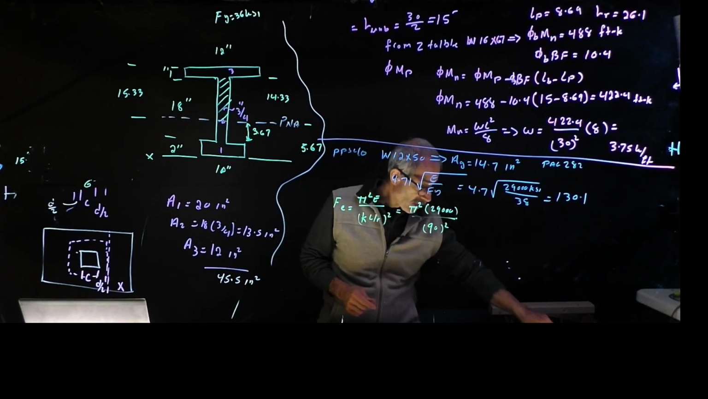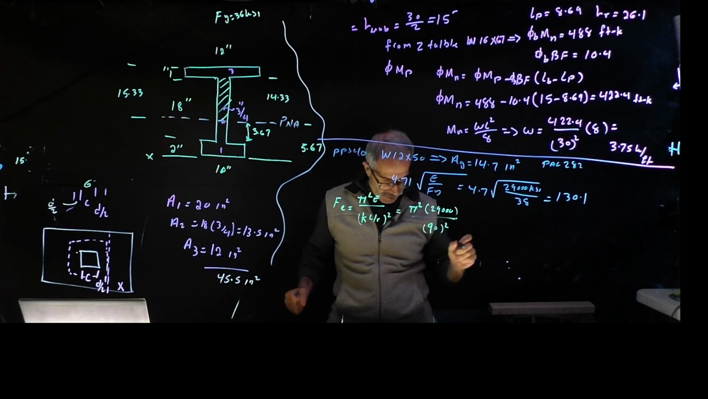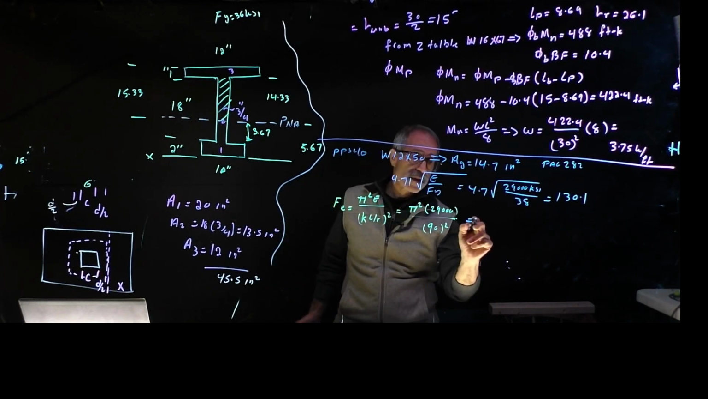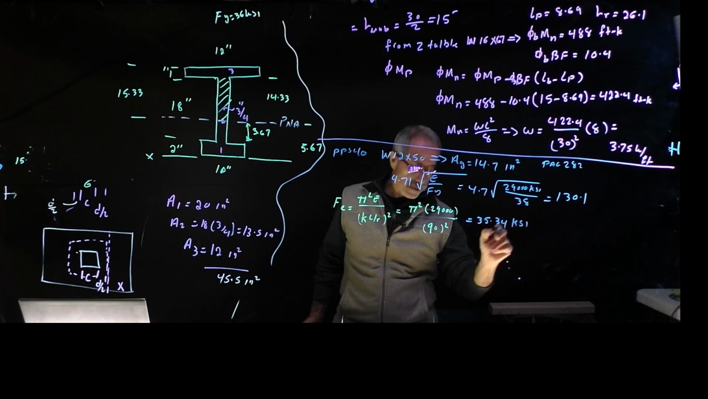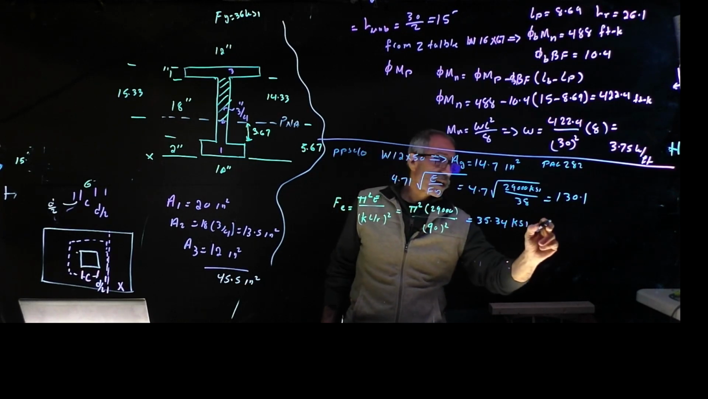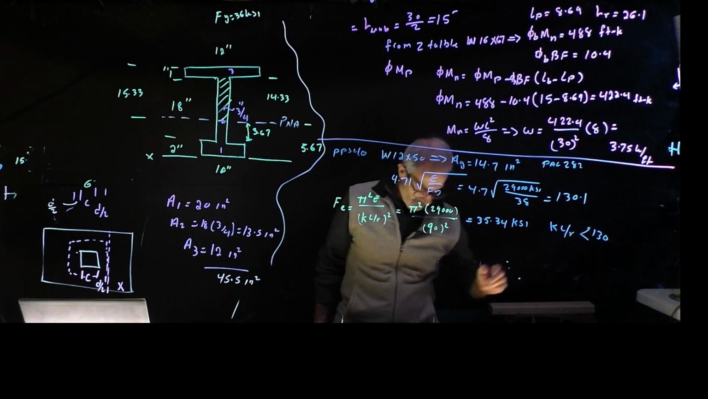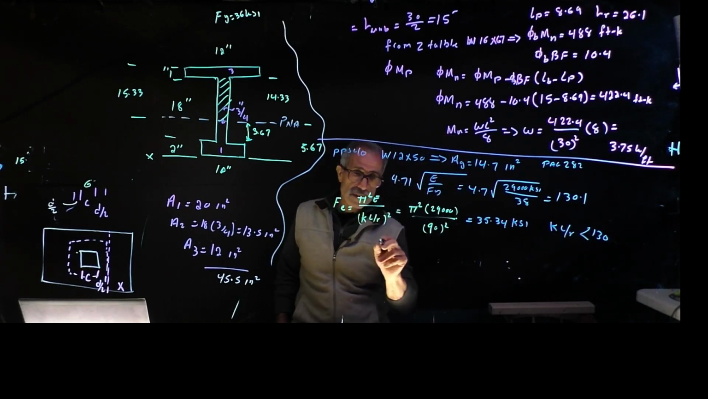I'm having an issue with the marker. So that comes out to be 35.34 ksi. And our KL over r is less than 130. So that tells us the critical stress is going to be,